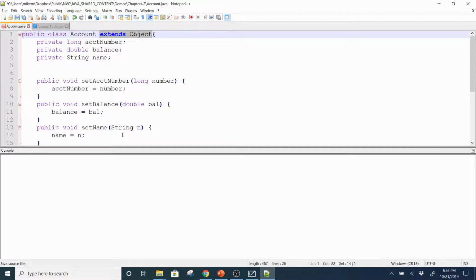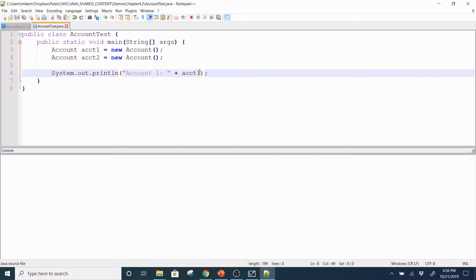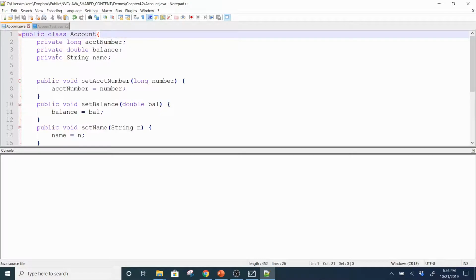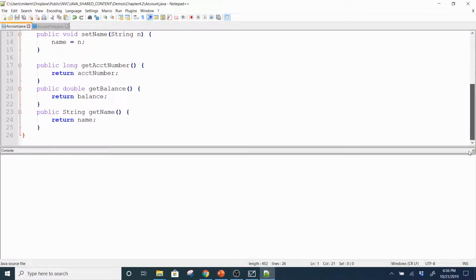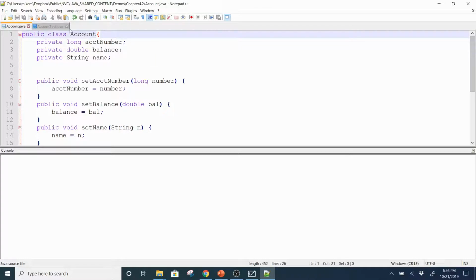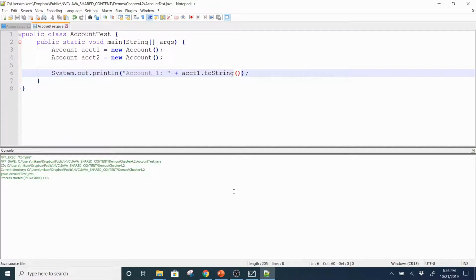So it's like every class we create actually has that attached to the class header. In this case it doesn't, because it's something that Java doesn't require us to do. If we do not inherit from a class, then we automatically get whatever the Object class has defined on it. One of the methods it has defined is the toString method. So I can actually invoke toString, and you would think that it would not compile because I don't have it defined anywhere over here. But if I go ahead and compile this